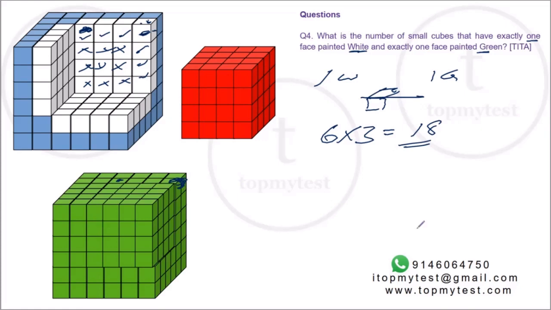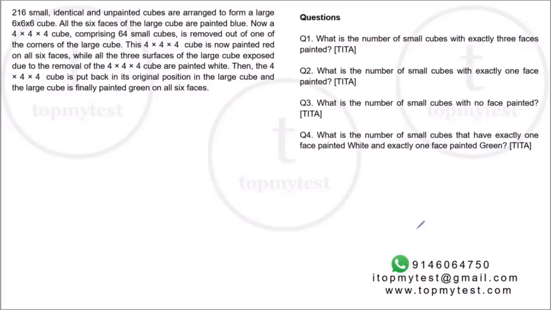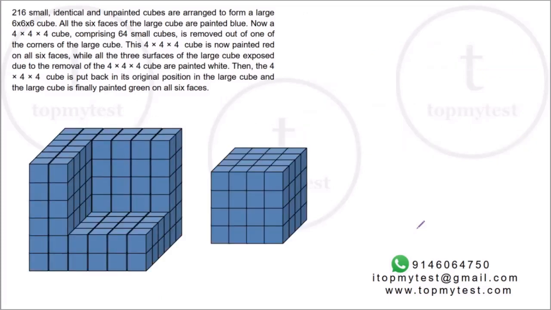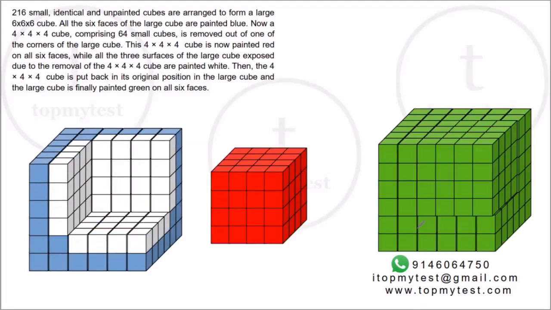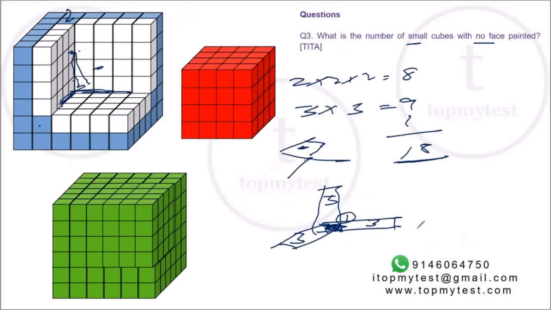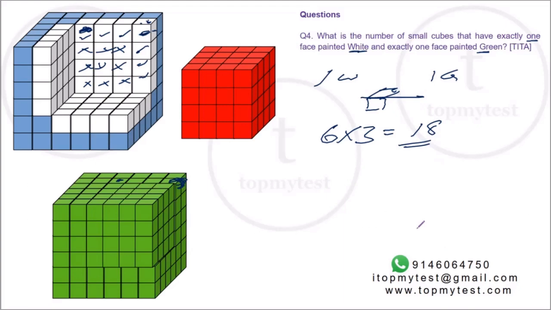The amount of information given is so small, but you have to deconstruct how the cube is actually being done. You have to paint it individually and then figure it out on a question by question basis, which faces are painted, how many faces will be exposed. Key point here was basically understanding that once you expose a face and it gets painted, you cannot unpaint it, right? And you still have to figure out the basic concepts of a cube, like where you will find 2 faces painted, or 3 faces painted, or 1 face painted, or none of the faces painted.